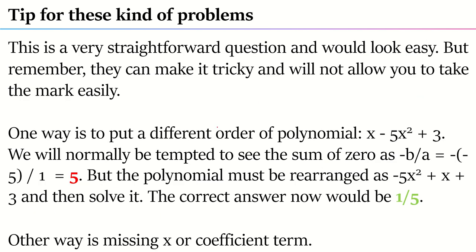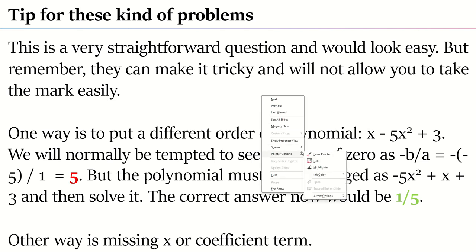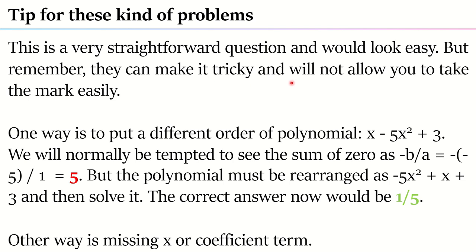There's a small tip or caution which you need to have in solving this kind of problems. These are very straightforward questions and would look easy. But remember, they will make it tricky so that it's not so easy that you can grab that 1 mark easily. One way is that they will put the polynomial in a different order, like x minus 5x square plus 3, and the moment you see it, you'll be tempted to solve it